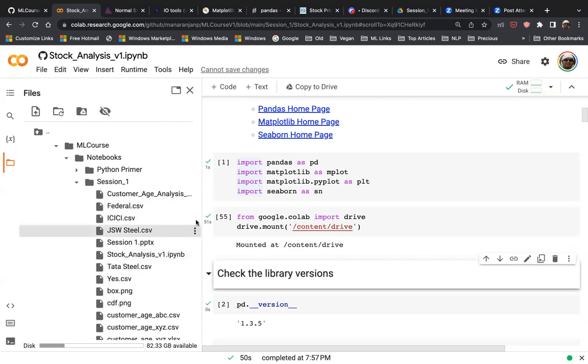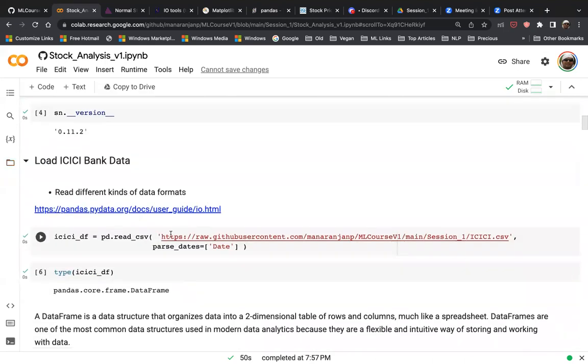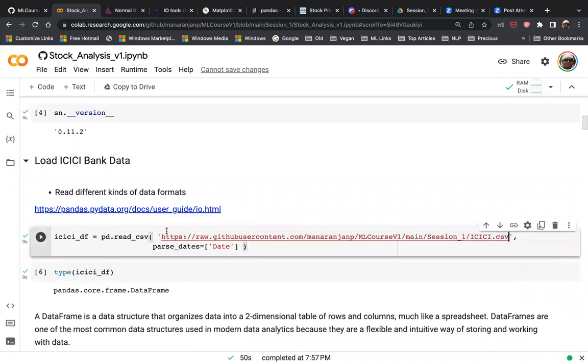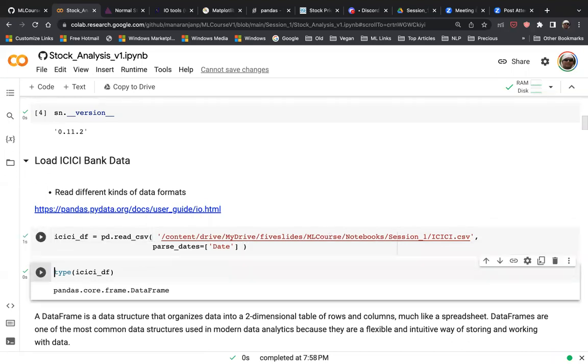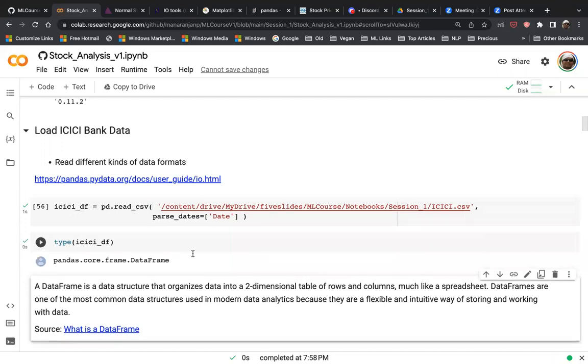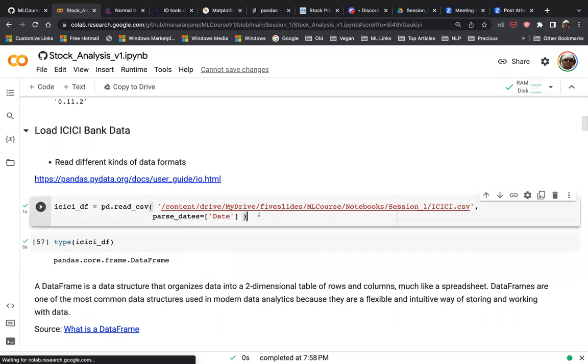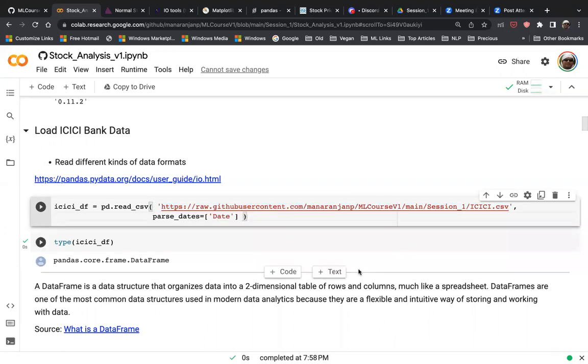And what I can do is directly copy the path here, and now I can paste it here. Right, and if I now load the data, the data gets loaded from my Google Drive, right? Similarly, you can upload data to a Google Drive, store it there, and keep linking to the notebooks here. Which makes a lot of sense, because right now I've given access to my GitHub location, right? This is of course good for tutorials, but for your own work, it makes a lot of sense to create a folder structure on Google Drive,